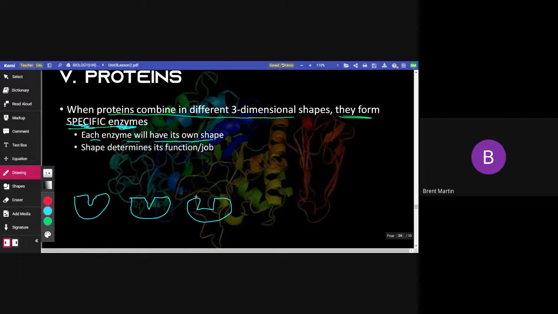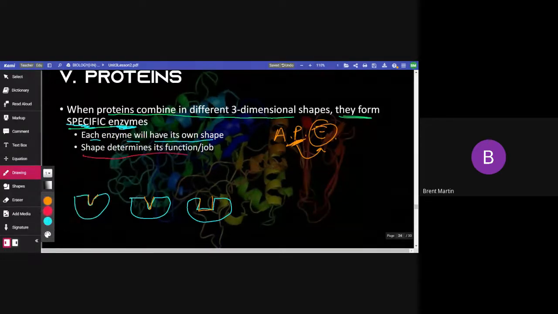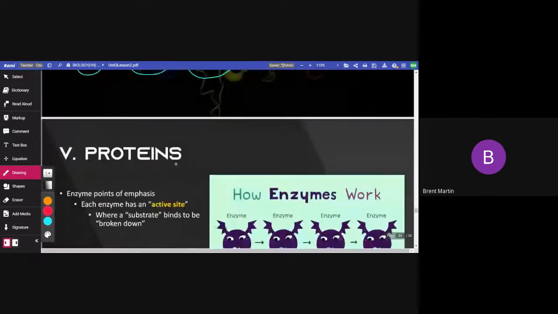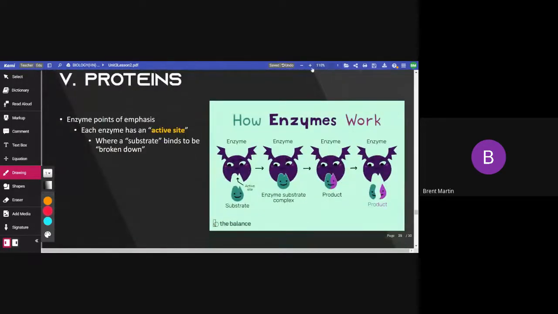What is different about all three of those enzymes? Well, if you see it, you can say this area is kind of different, isn't it? Right? And what determines the shape of that? The shape of the enzyme is determined by the sequence of what things that made it? Proteins. Just like the protein is determined by the sequence of amino acids, right? Well, anyway, when you get this different shape for these enzymes, these shapes will determine the function or the job of those enzymes, right?